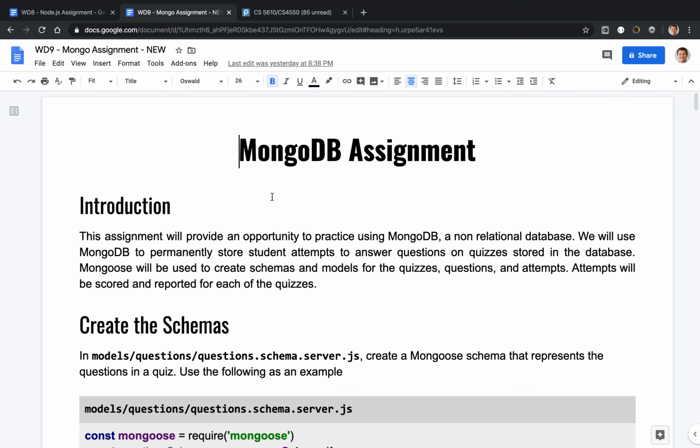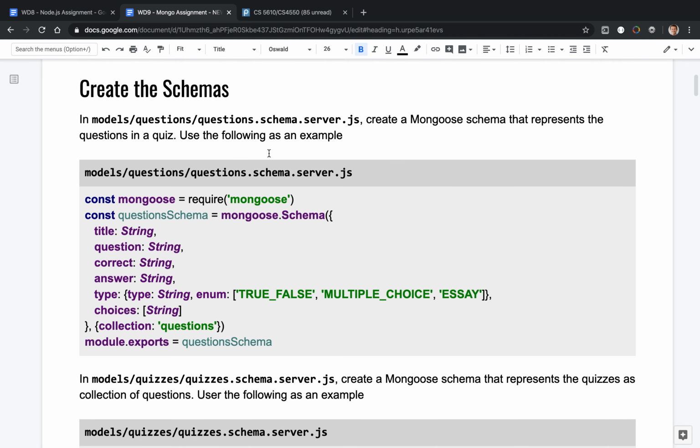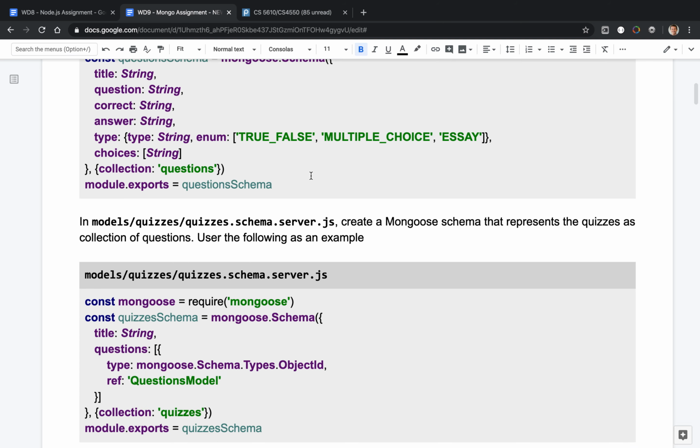So for the Mongo assignment, what we're going to do is create a schema that is going to allow us to represent the questions. Right now, the questions that we have are being stored in a hard-coded array that is being sent over from the server using a controller, a RESTful API. Instead, we're going to store these quizzes in a Mongo database, and then we're going to retrieve those questions and those quizzes from the Mongo database. So we'll need to implement a Mongo schema to host this information, and